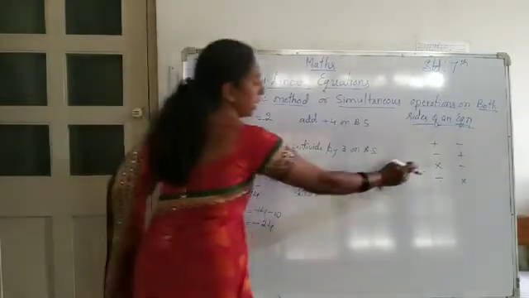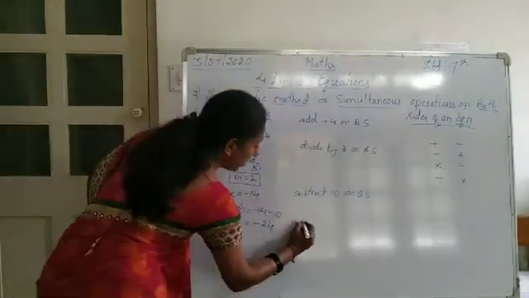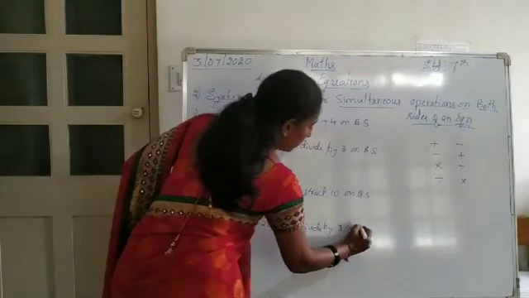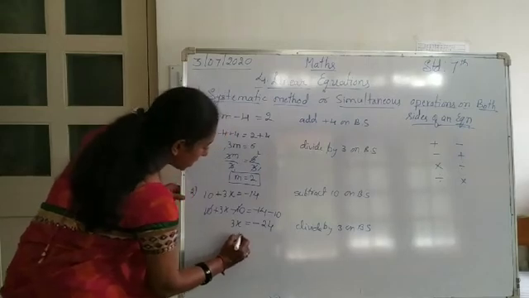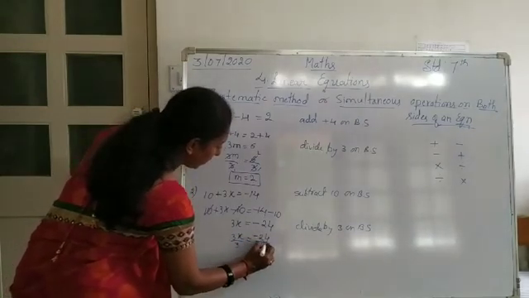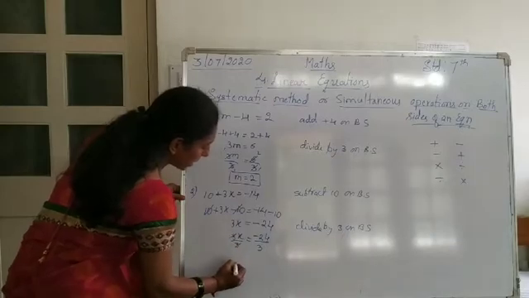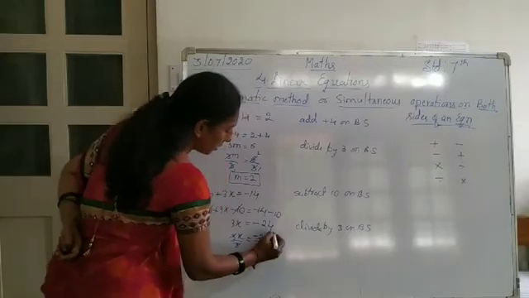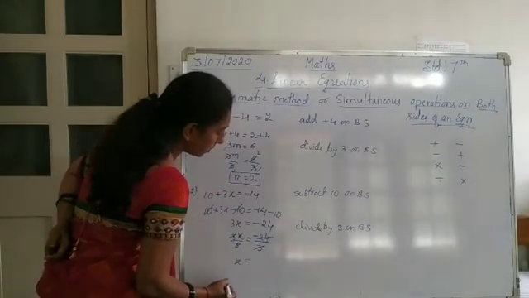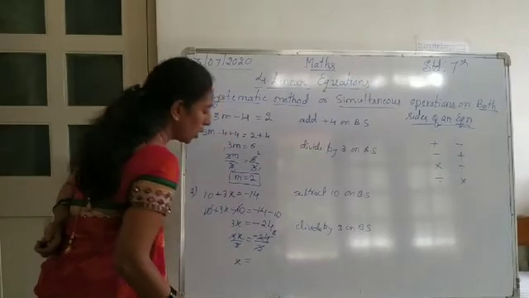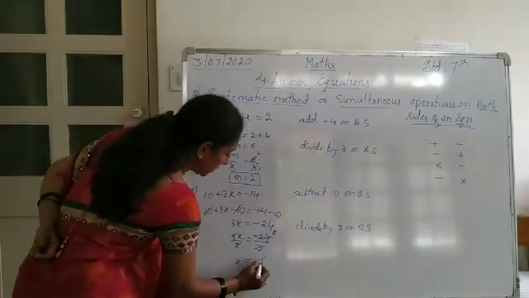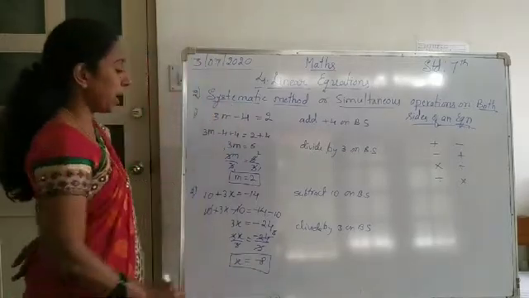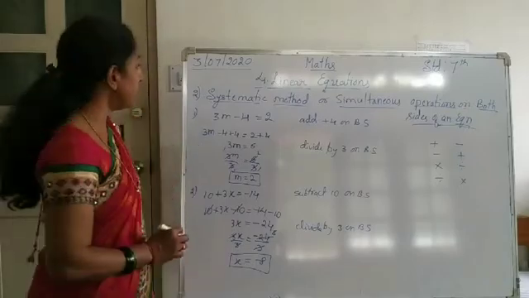So with the variable, here it is the multiplication. So what we have to do? If it is a multiplication, we have to divide it. So here divide by what number? 3 on both the sides. So 3x by 3 is equal to minus 24 by 3. So 3 cancel. So x is left, equal sign. 3 eights are 24. So here answer is minus 8. So x value is minus 8. Okay. So this is how we have to do the equation by systematic method.